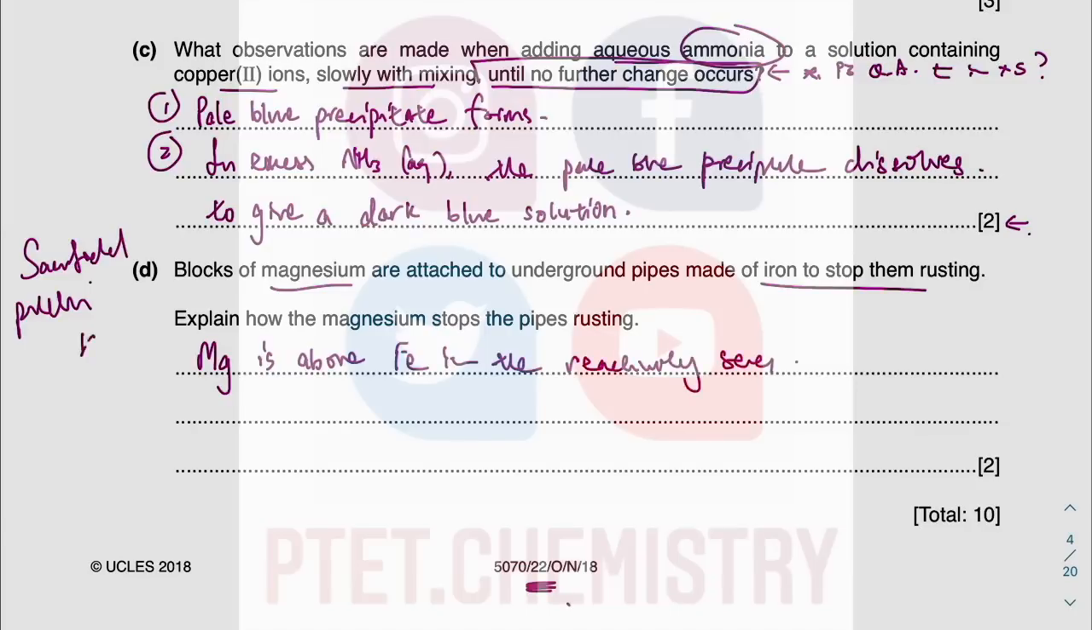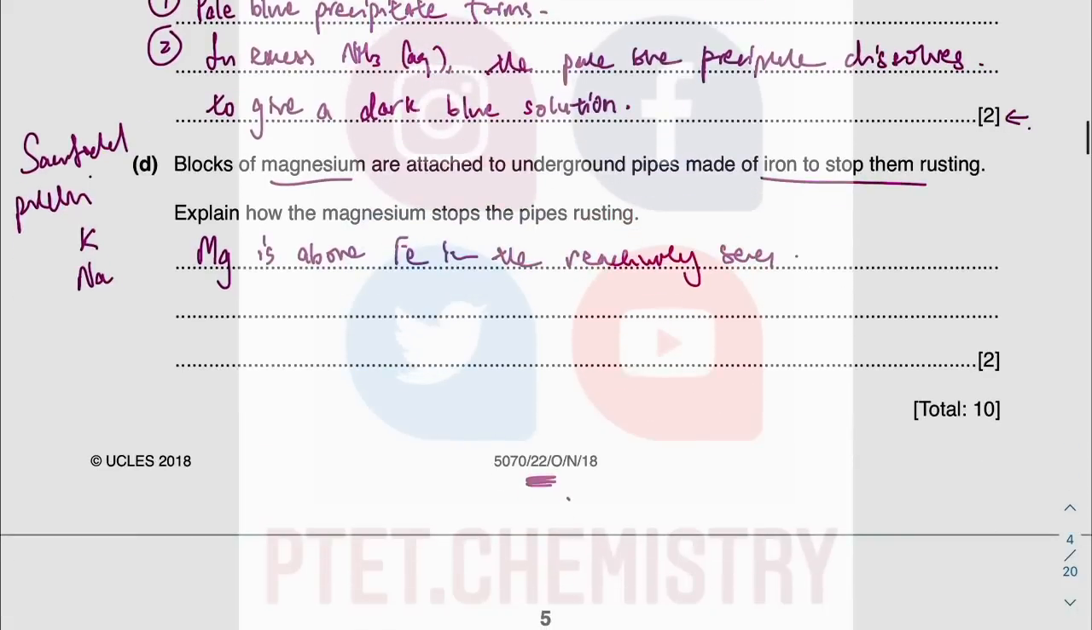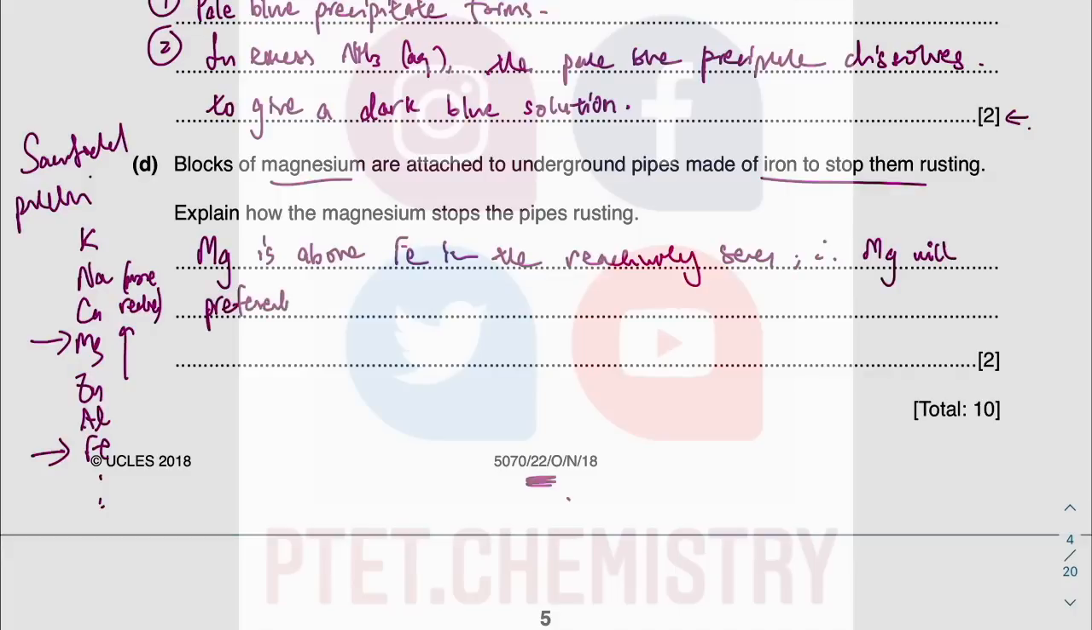which you should know as potassium, sodium. I nearly wrote SO for sodium. Okay, sodium is Na. Potassium, sodium, calcium, magnesium, zinc, aluminium, iron, and so on. We know magnesium and iron are there. So magnesium is higher up, and higher up means a more reactive metal. Therefore, magnesium will preferentially get